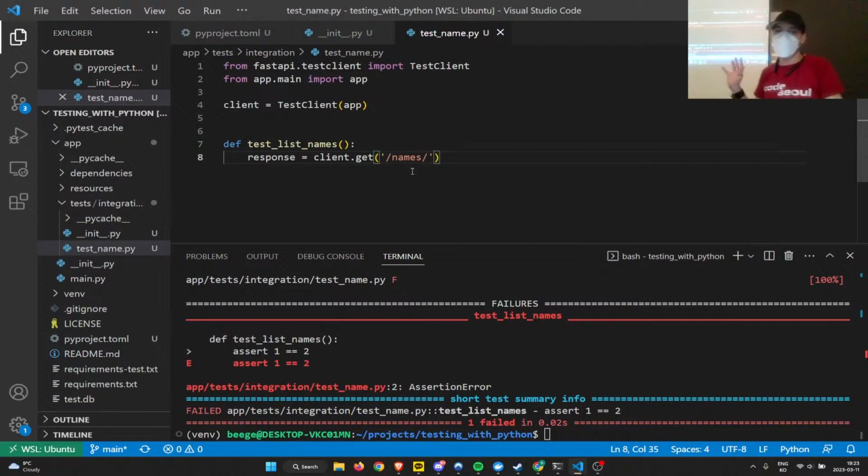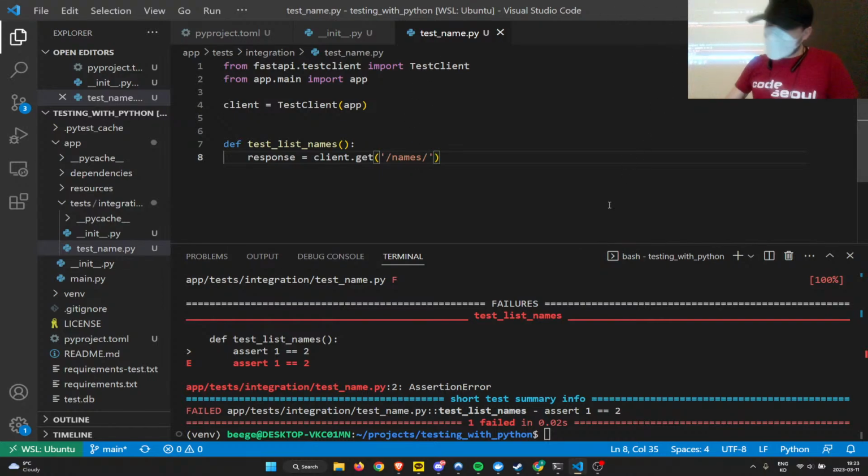So this is a basic little test with FastAPI. FastAPI provides this test client object or class, whatever you want to call it, that we can make a test client object with. And then you can just give it the HTTP operation and then the path, and it will simulate a request to that point. Again, this is not an integration test. I made a mistake. This is a functional test, but it's just an example idea.